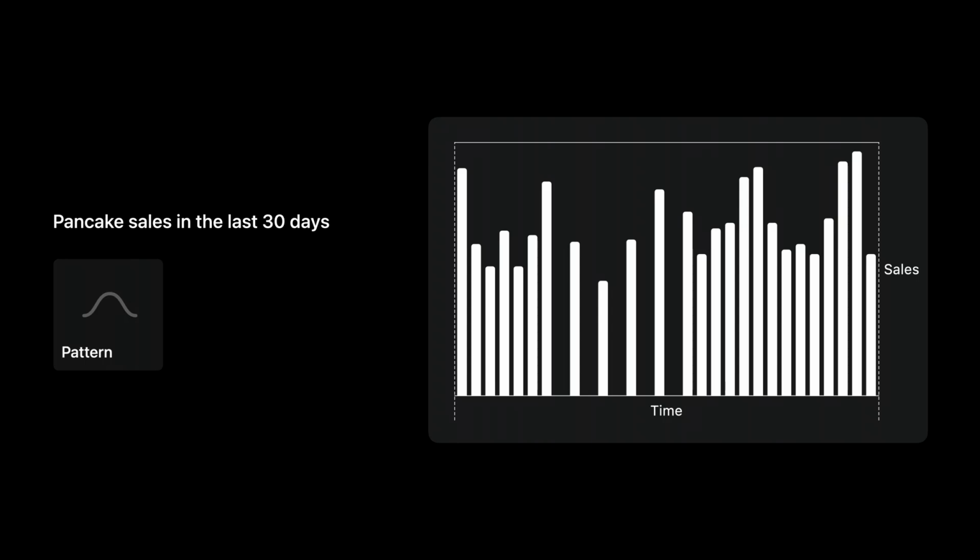Bar marks are a more flexible option for our chart. Here, zeros are visible without creating a distraction. This chart is also intuitive to read. More white means more sales. Since sales are cumulative, the visual weight of all bars corresponds directly to the number of sales made in the last 30 days.